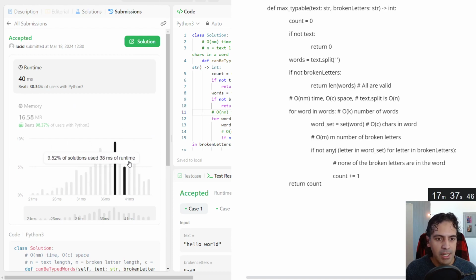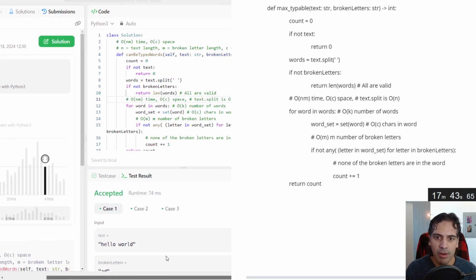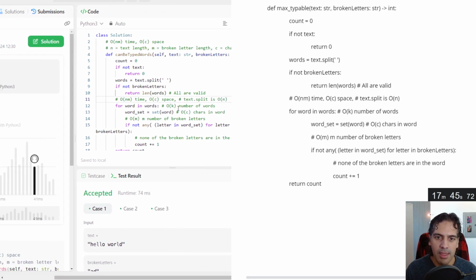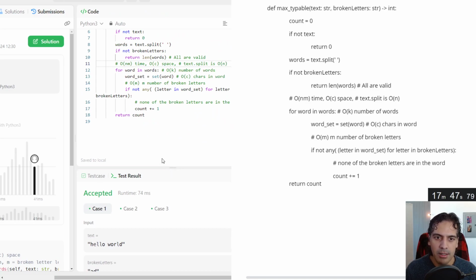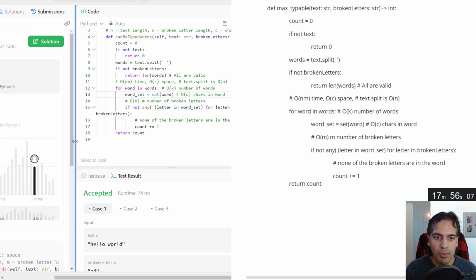Don't worry about the times here. Again, for these kinds of questions, especially with Python, you're going to be limited more by the backend that runs the system, rather than the actual algorithmic cost, unless you're really inefficient. So, can be typo words. Cool. All right, this feels pretty good. I'm happy with what I've seen here.